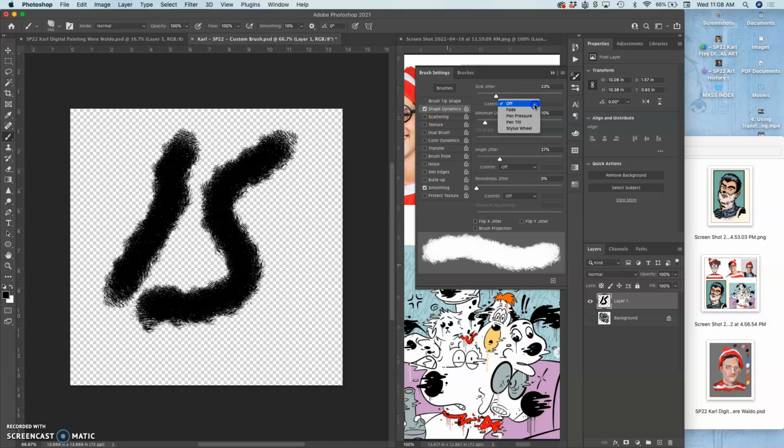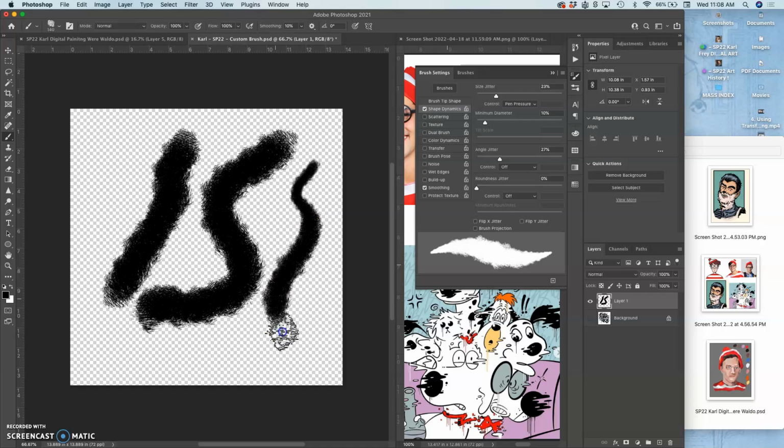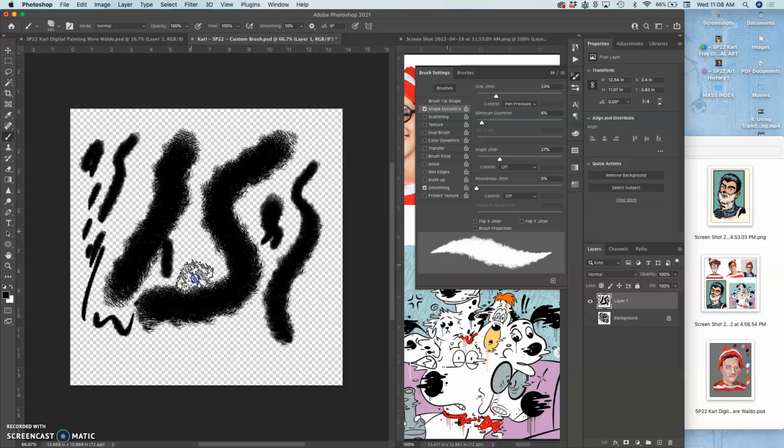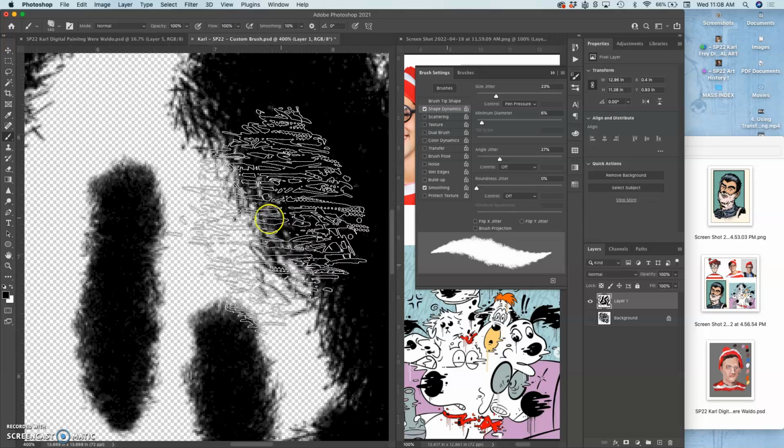Under Control, you're going to put pin pressure. And pin pressure will make it look like that. So you get size sensitivity. And then I might take my minimum diameter a little bit smaller. All right, so now if I zoom in on this brush, it's a fuzzy brush,